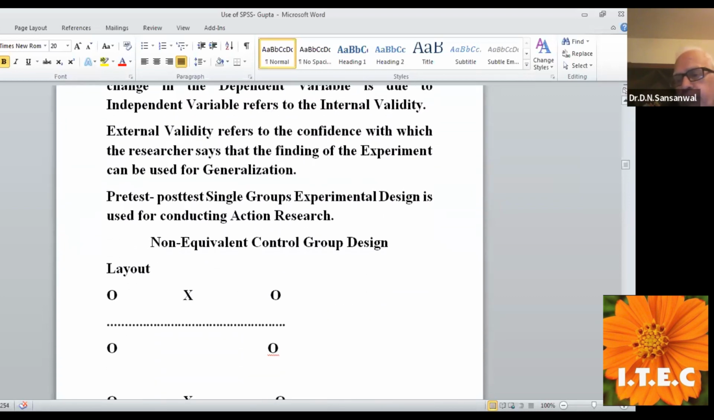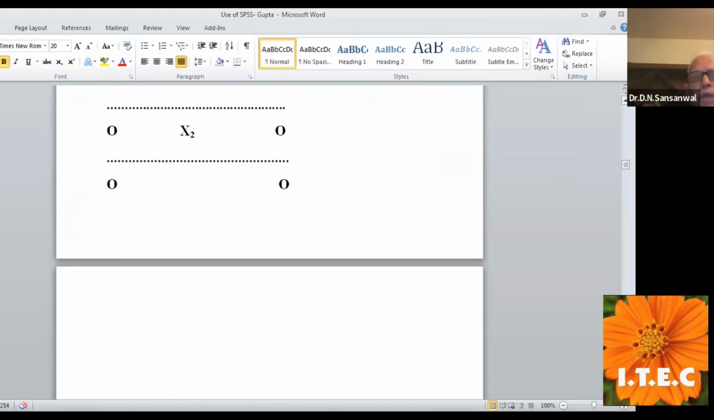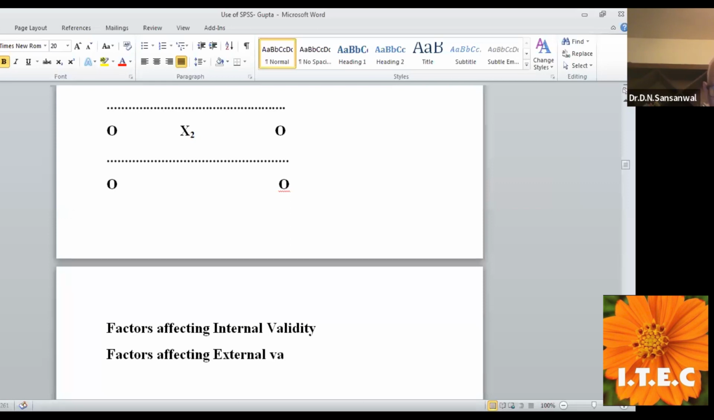I talked about the design, and you should also understand that there are factors affecting internal validity and factors affecting external validity. You should understand that also. So these two